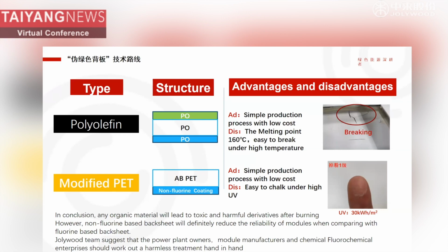Secondly, some of our backsheet competitors invent modified PET. This kind of modified PET has the same advantages as polyolefin. They have very simple production process with low cost, but they are also easy to choke under high UV. But as we know, UV attack is quite severe during the outdoor temperature. So that's why we think modified PET type is also not a very good choice for long-term